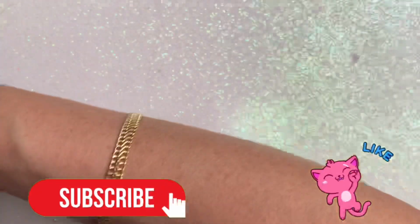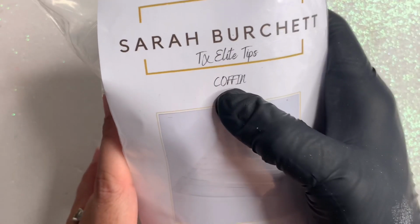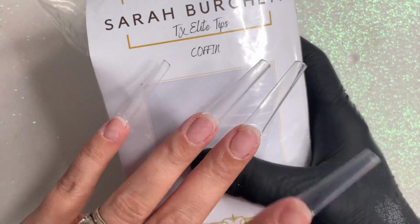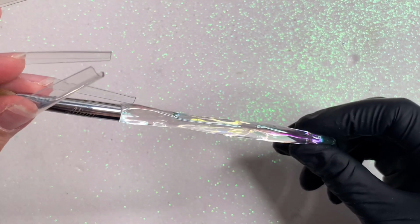So, first of all, I have prepped my nails, applied a peel-off base coat, and put on the new TX Elite Coffin tips. Now, these come in packs of 600, and a pack of 600 is less than £10. I know. Also, I am going to be using